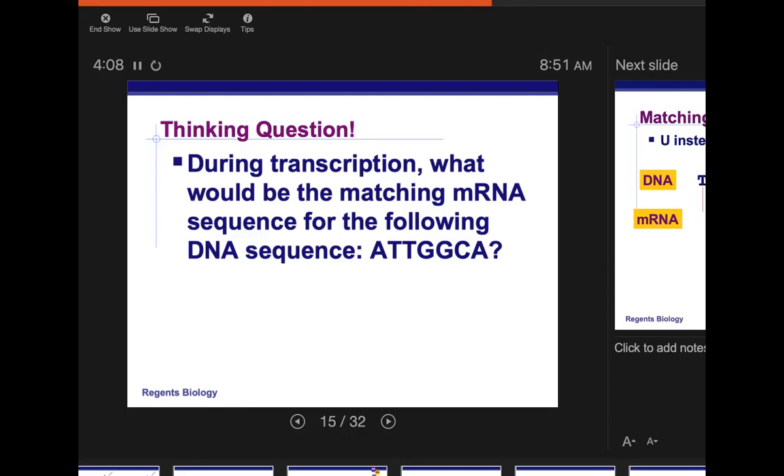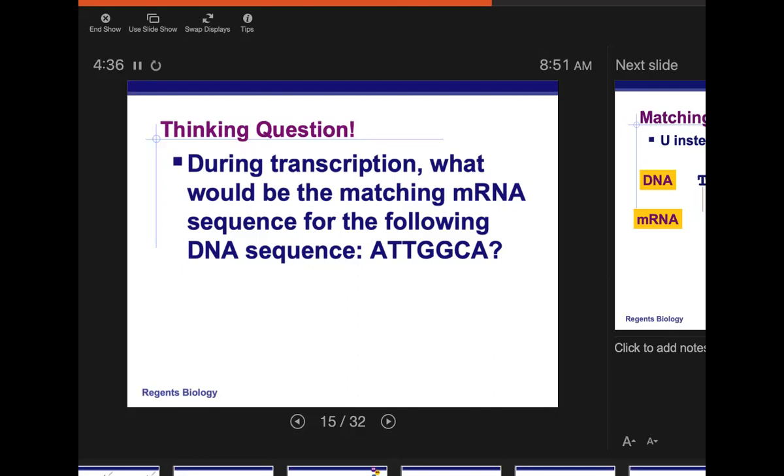Let me know if it doesn't, okay? All right, so if this is our strand, check your work. So A is the DNA, right? Now, typically, if we were replicating DNA, the corresponding base on this other side would be T. But we're making mRNA. So the correct sequence would be U,